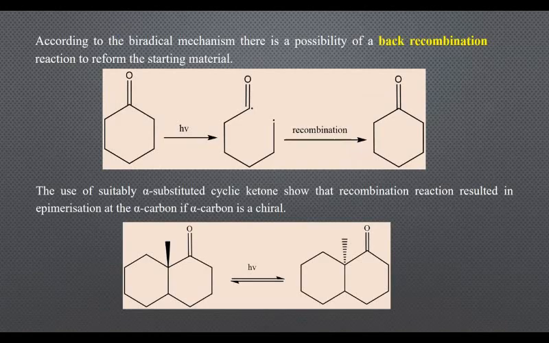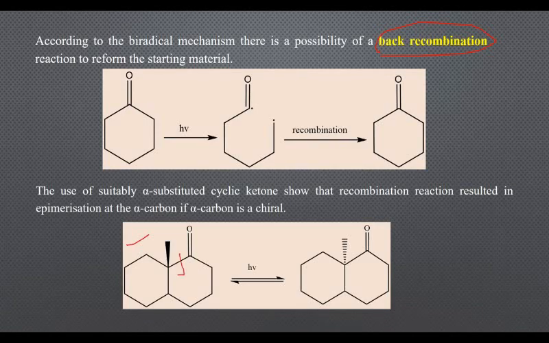Here there is another possibility, which is the back recombination. That is the back recombination of starting material. Here, after the primary process, it can recombine to give the reactant again. How is this proved? This is proved by using a suitable alpha substituted cyclic ketone,